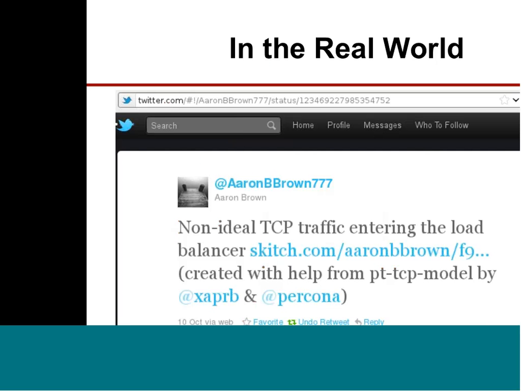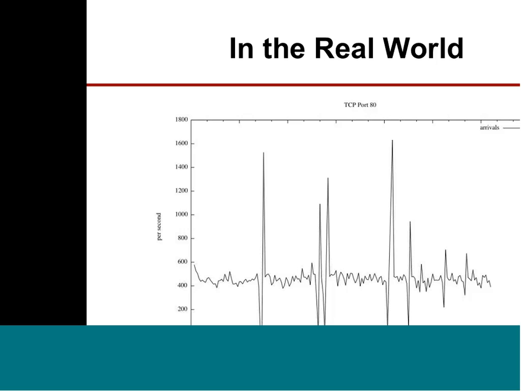This works in the real world. This is one of our customers, and he analyzed some inbound traffic on port 80 of his load balancer. Now this is before it gets to the application servers. It's before it gets to the database. This is all upstream from the database. And he found extremely bad spikes of basically 0 throughput at the TCP level. The aggregation interval here is 1 second. And he took